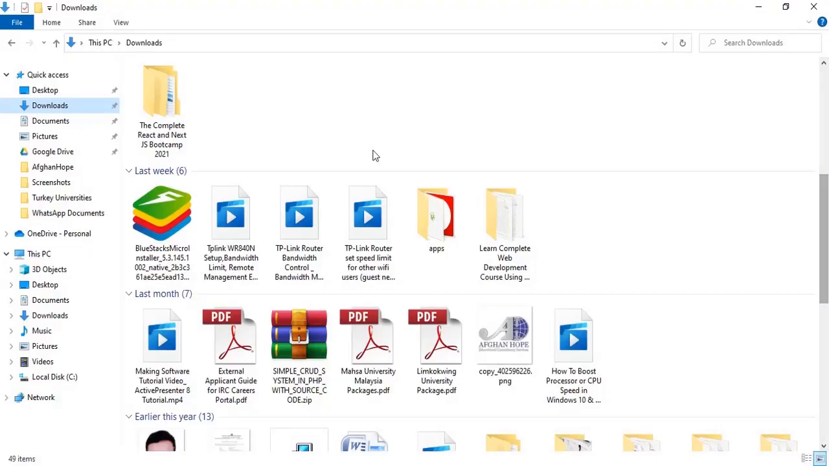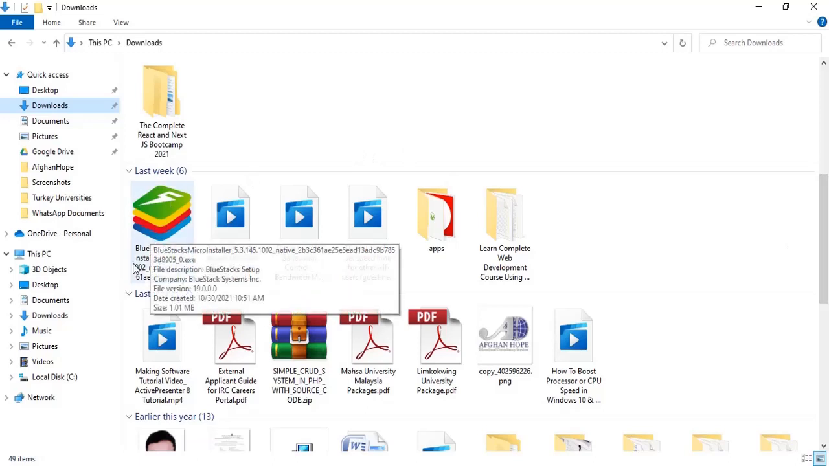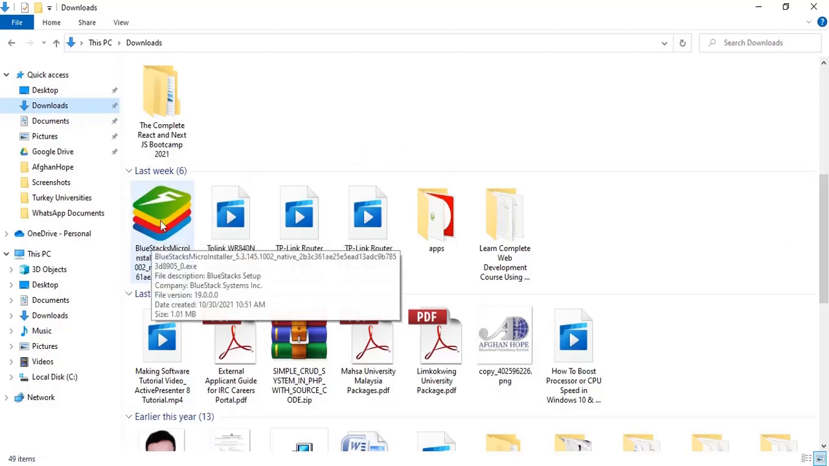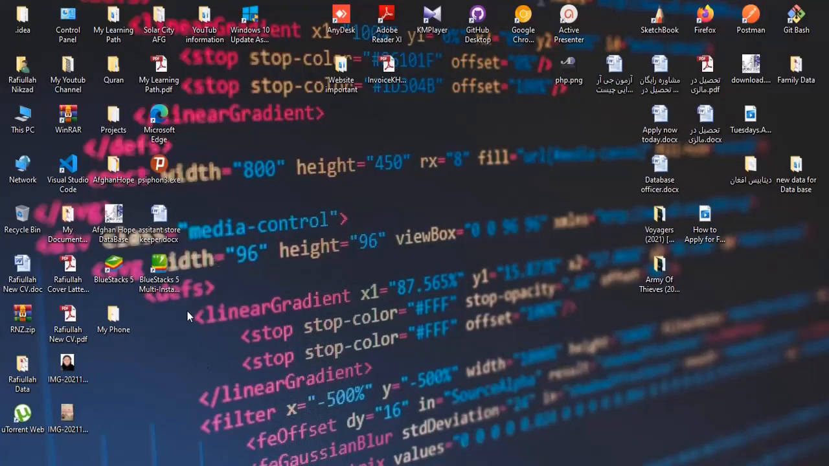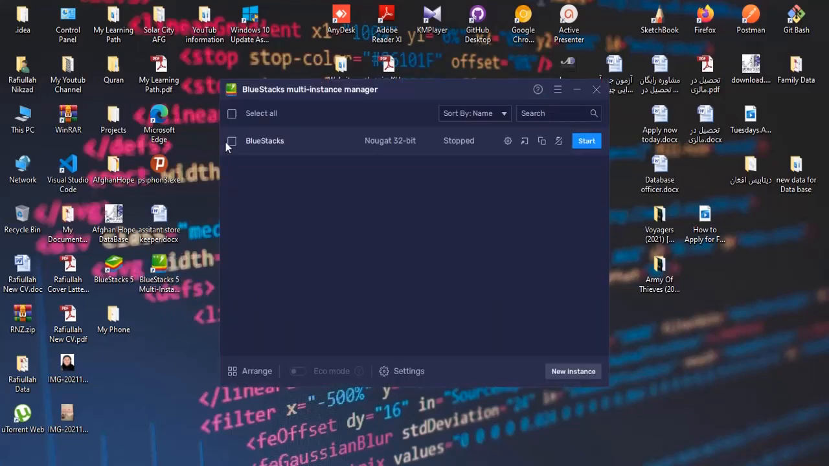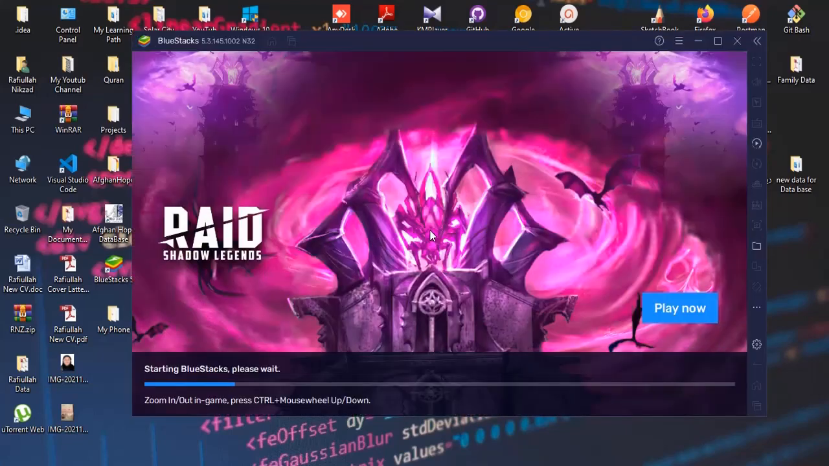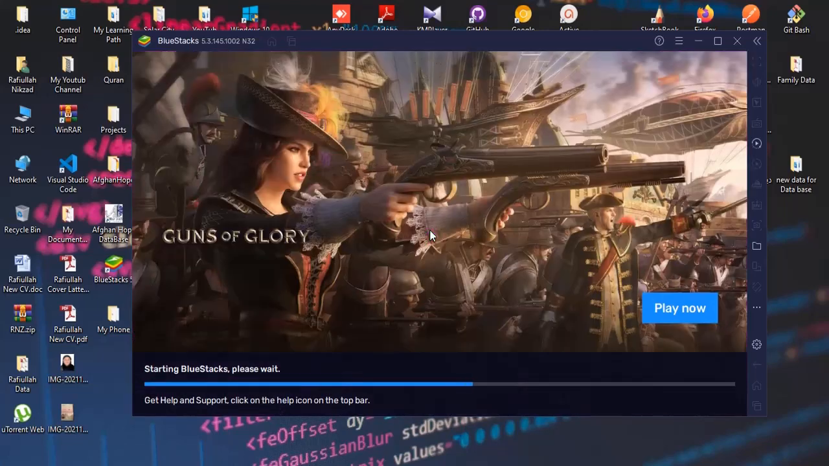get, as you can see, I have already downloaded BlueStacks 5 on my computer, and I want to open it. First you need to open BlueStacks Multi-Instance Manager, because it manages everything. You should do it like this: start, and it opens the Android cloud-based platform for you, and you can use a mobile online, and it provides